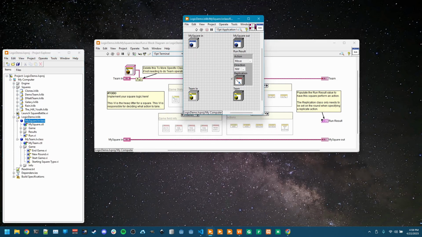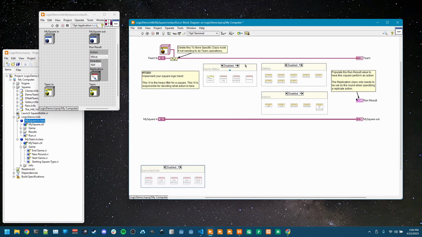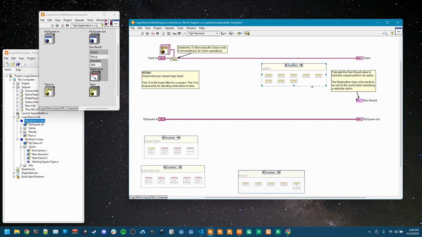With the rules behind us, it's finally time to explore implementing square logic. I'm going to start by moving the disable structures out of the way, but make sure they're still easily available. Since the primary purpose of the run VI is to specify an action to take, let's look at the action helper sub-VIs first. These sub-VIs only require the necessary inputs for the intended action and should get wired out to